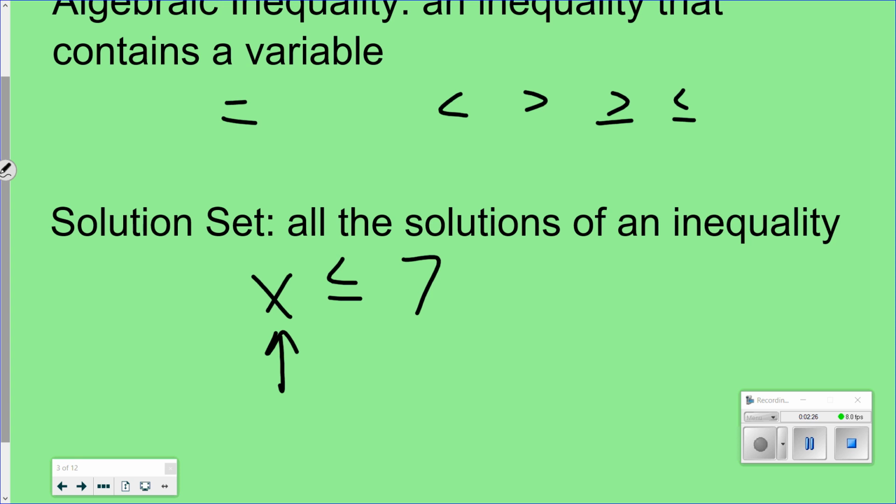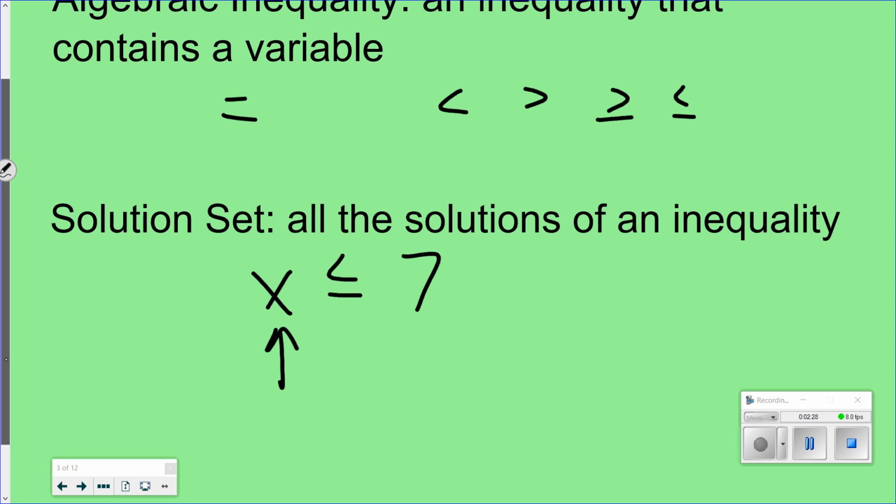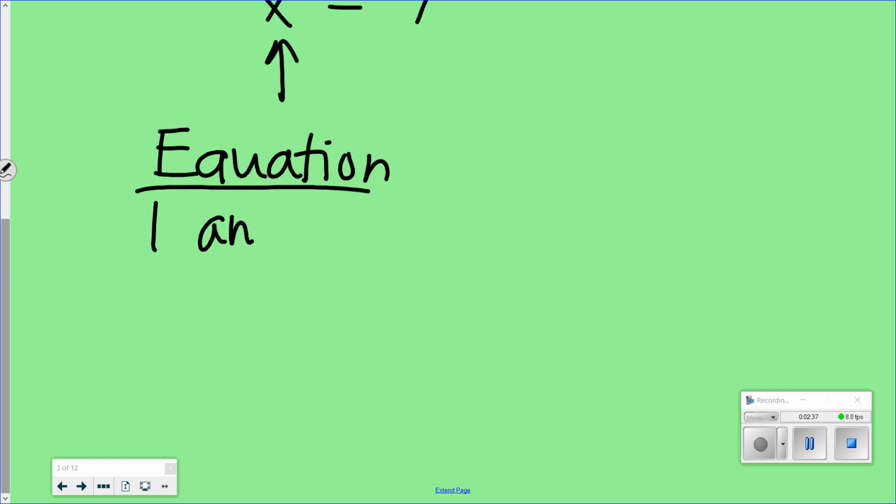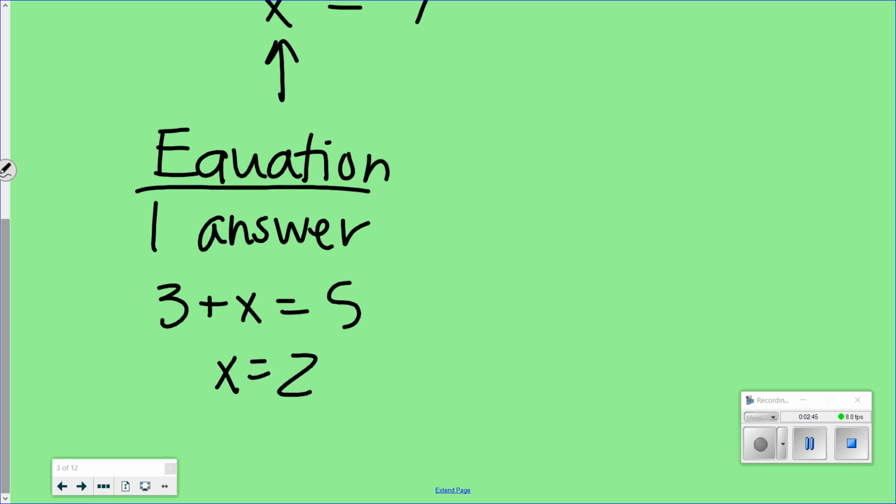So the difference between an equation, and I've explained this before, but I'm going to explain it again. Equations only have one answer. If I have 3 plus x equals 5, x is 2. X has to be 2. There's no other possibility. Well, if I have inequalities,